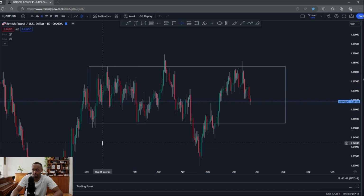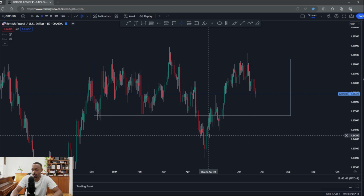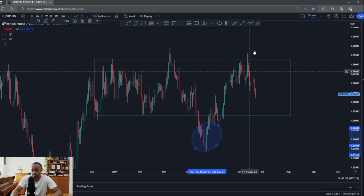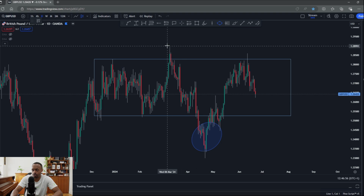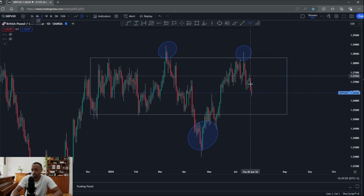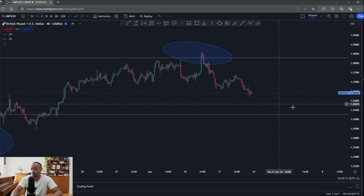We've got a ranging market. We've been ranging since the beginning of the year. We've been flirting with the idea of breakouts, but nothing really concrete just yet. There's a big breakout here, but that was very anticlimactic. We came back inside the range not too long after. A bit of a sharp fake out here as well, came straight back in the range, and we kind of tested the high there and came straight back down as well. So I'm looking for a push back down to the low of the range around 1.25300. So that's where I'm expecting price to end up next for pound USD,